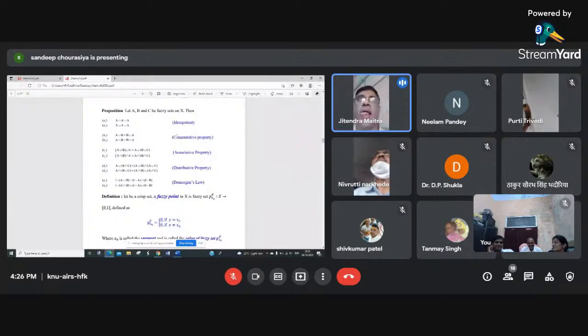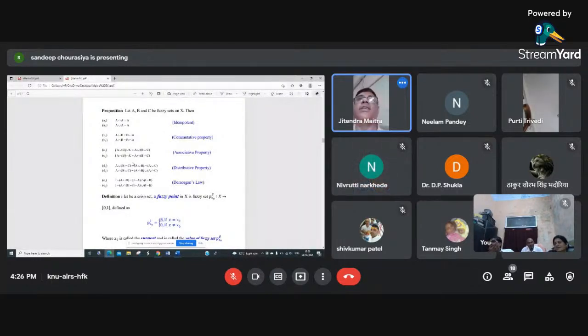Suppose I take any fuzzy set A and suppose I take its complement, then it is not necessarily true that the A union A complement will be the universal set and A intersection A complement will be the empty set phi. Now what is the membership function of the universal set? Universal set means you have to take all the elements. So the membership function of a universal set is the constant function 1, which will map all the elements to 1. Because you want to take all the elements, so we map all the elements to 1.